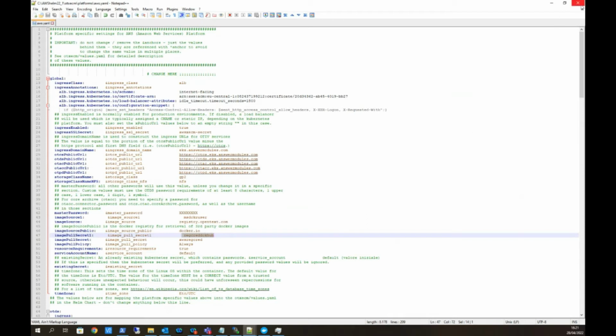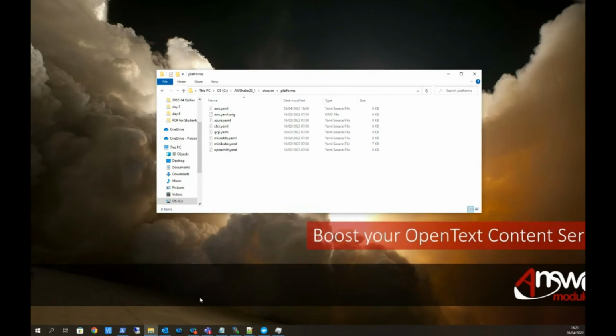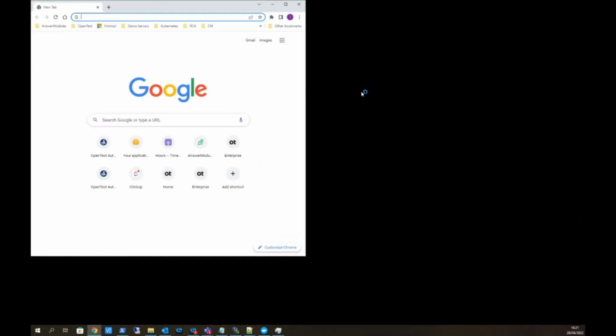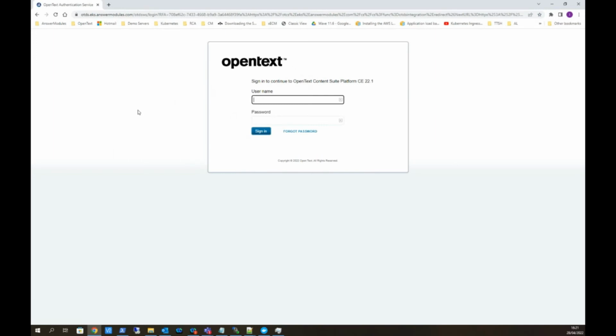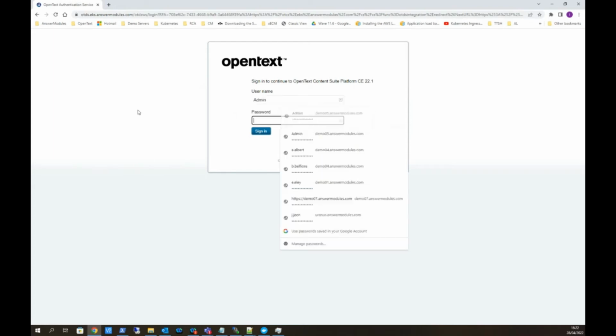So at the end, once we have configured all the elements and we have done everything that is needed, as I was saying before, we just need to launch one command in which we say install the specific environment using these elements as configuration files. So at the end, once everything is ready, what happens is that you have a perfectly working environment that responds to a DNS, which can actually be recalled like any other content server environment which you have worked with so far. And once I log in,